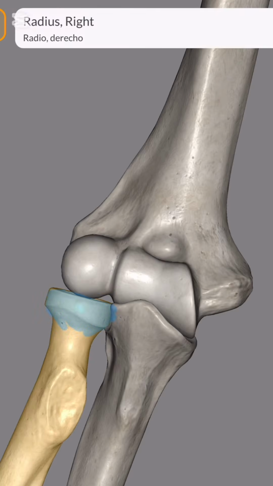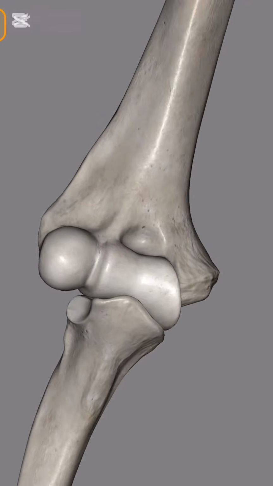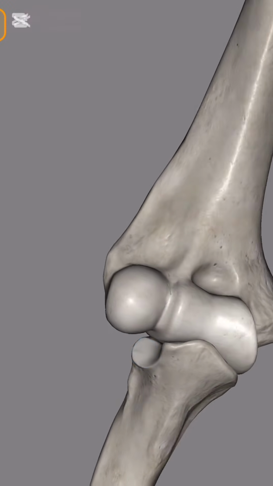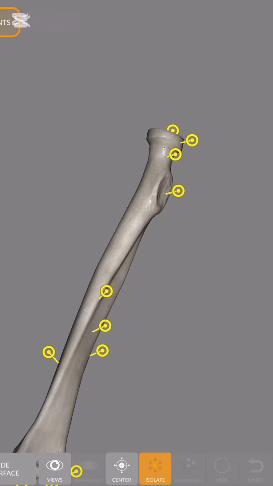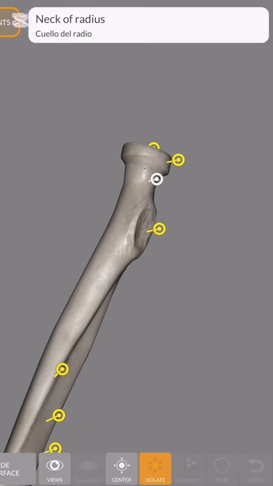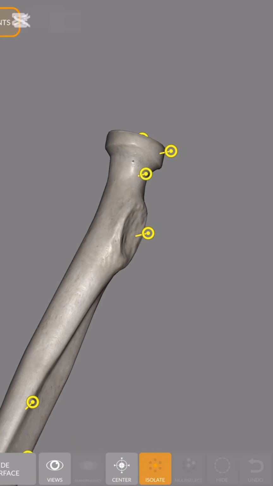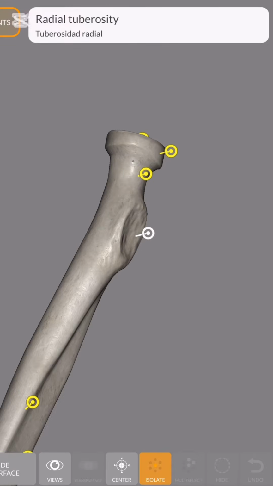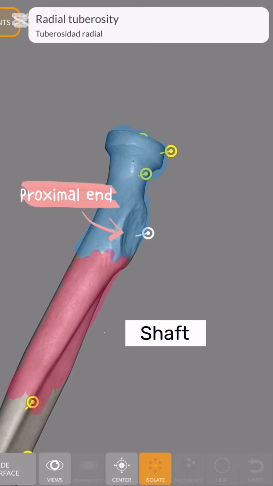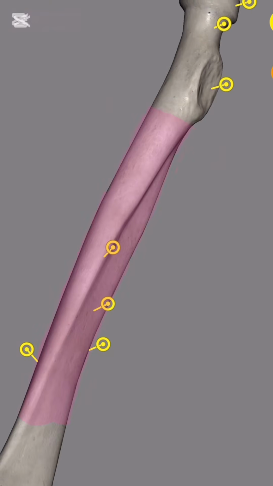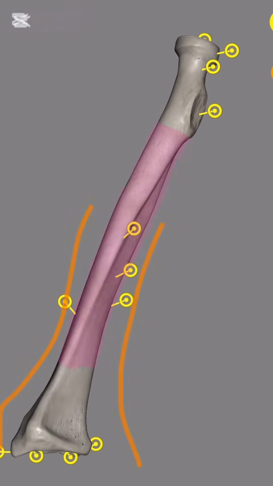The head of the radius also articulates peripherally with the radial notch of the ulna. Thus, the head is covered with articular cartilage. The neck of the radius is a constriction distal to the head. The oval radial tuberosity is distal to the medial part of the neck and demarcates the proximal end of the radius from the shaft. The shaft of the radius, in contrast to that of the ulna, gradually enlarges as it